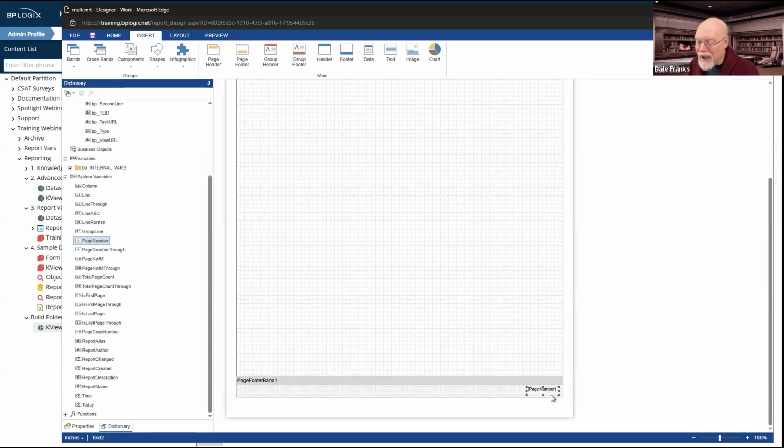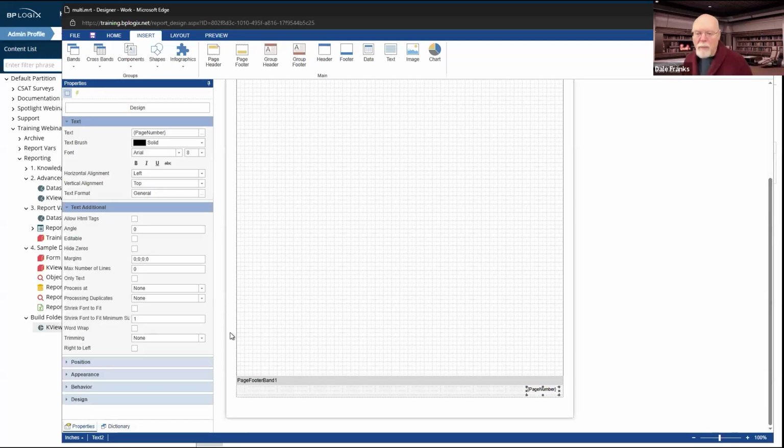Now I'm going to expand it a little bit. I'm going to move it over here to the side. And now that I have it selected, I'd go back over here to properties and I can make some changes to it. Right now it's in Arial 8-point font. I think that's probably a little small. Let's go to 10-point Arial and let's make it bold. And also let us set the horizontal alignment to the right because it is a number. So I always want the page number to just show up on the right, and as more digits show up, it will just be expanded to the left.